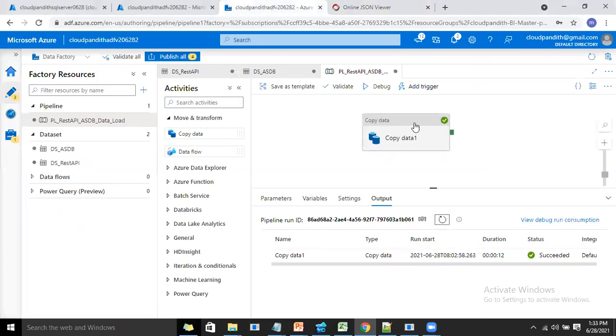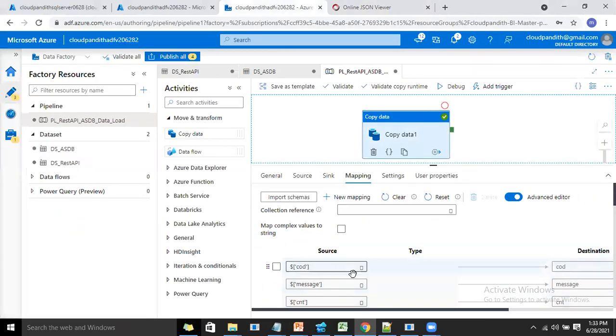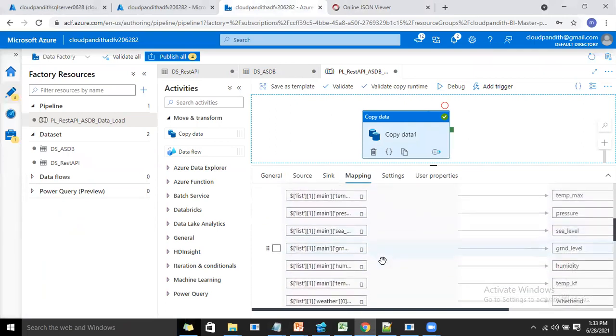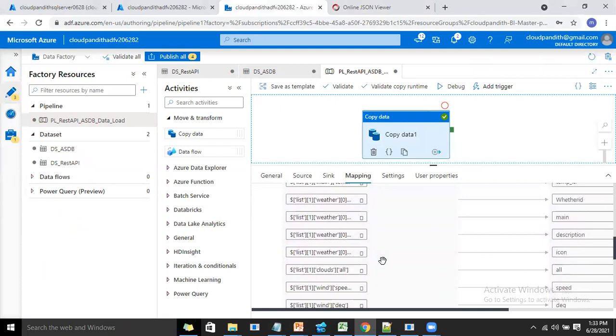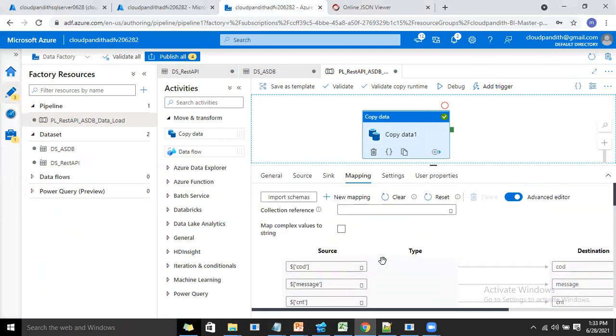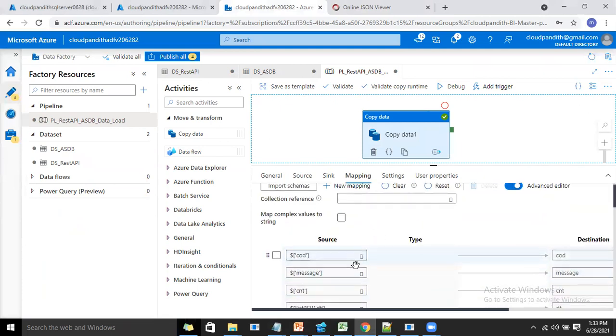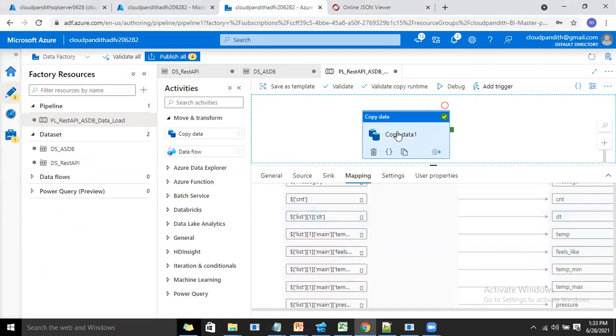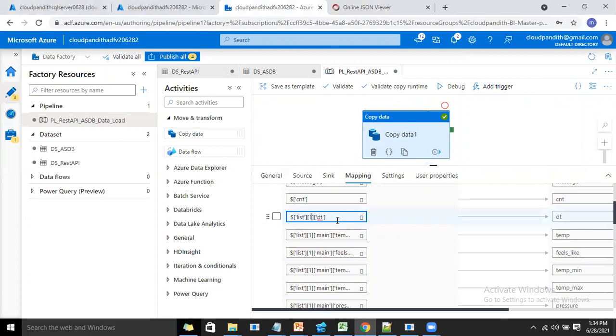But what is the problem here? You cannot modify like this one by one. We have thousands of items like this. How can you handle this kind of issue? There is an easy solution. Many people think I can put this copy activity inside a for each, get the values one by one, and try to pass them.